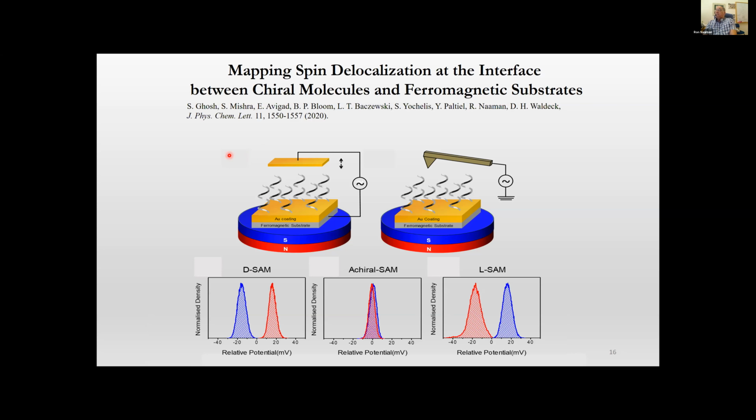And here are the results. What you realize here is that if we take molecules that are right-handed, like here, you see that for the right-handed molecules, for the North Pole we get a higher work function than for the South Pole. For the left-handed, we get the opposite. And if there is no chirality, it's of course the same. So what it means is that the